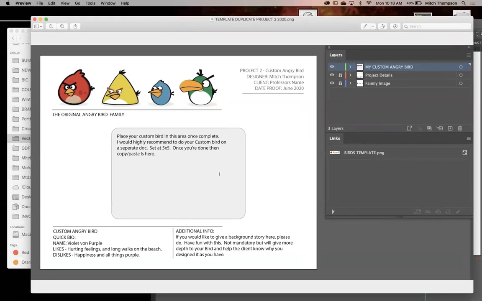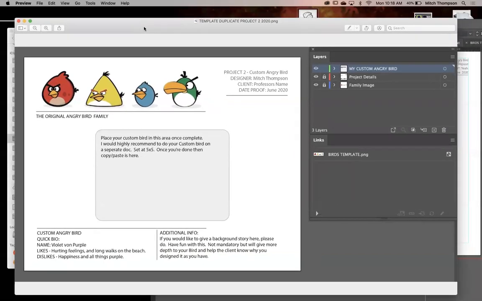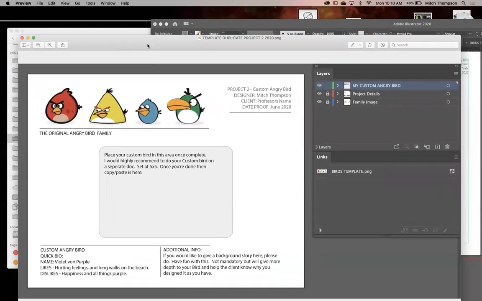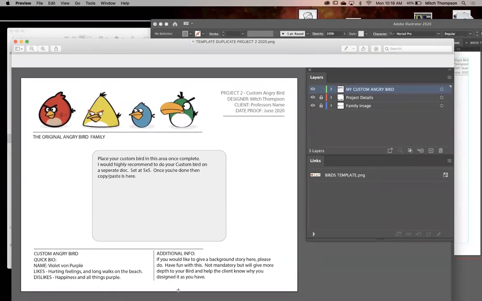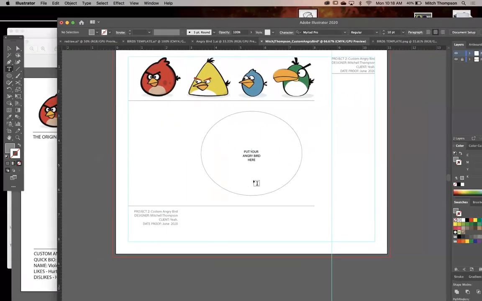Just have fun with it. I would say if you're going to do an Angry Bird wizard, that's kind of fun. Try not to make them look like Gandalf too much, right? A wizard's a wizard's a wizard. A lot of them look the same, right? And now that it's a bird, you can make him a pretty generic wizard. But maybe you talk about his backstory. I don't know. Have fun with it.